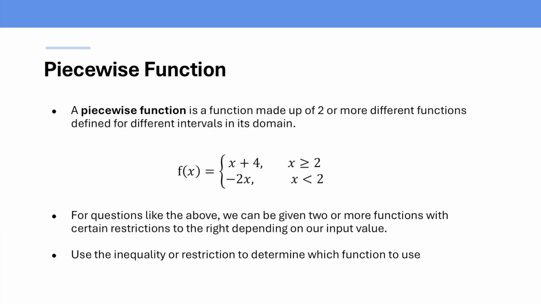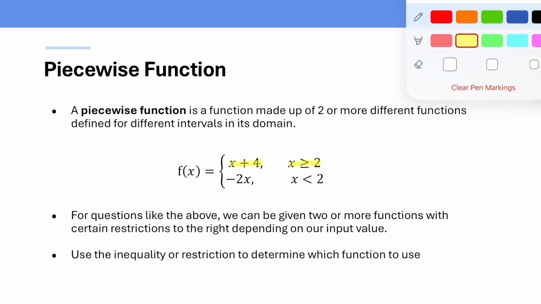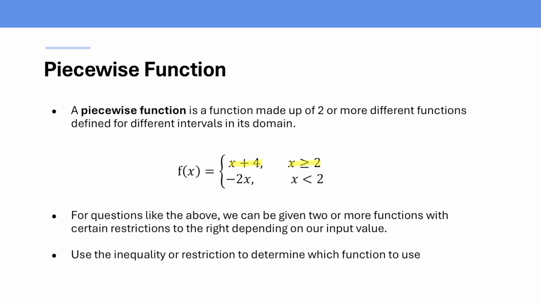A piecewise function is a function made up of two or more different functions, defined for different intervals in its domain. If we look at our example here of f of x, when the values of x are greater than or equal to 2, then we need to use the function x plus 4. However, if we have values of x that are less than 2, then we need to use the function of